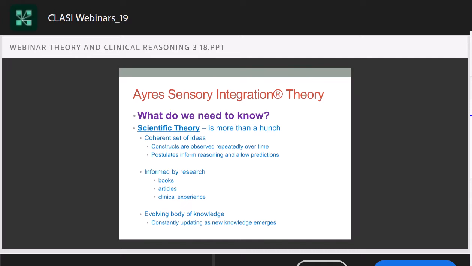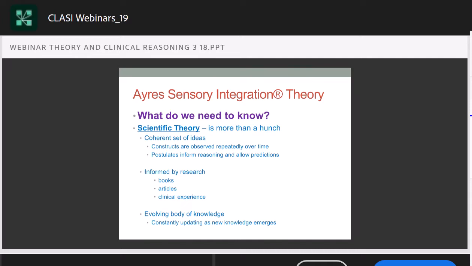You also have postulates that inform the reasoning and allow predictions. So if we have the prediction that tactile discrimination affects fine motor skills, we can start to predict that if we have poor fine motor skills, tactile might be a contributor, or if you have poor tactile discrimination problems, it could lead to poor fine motor